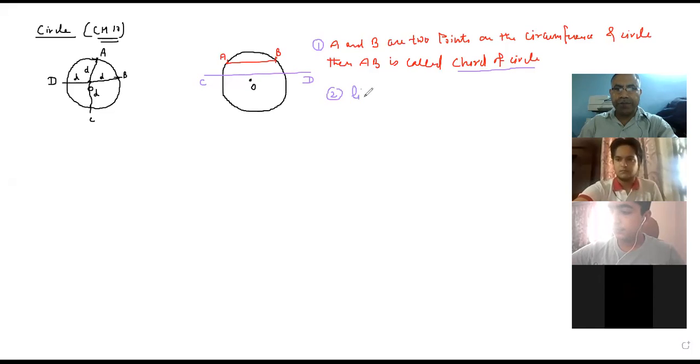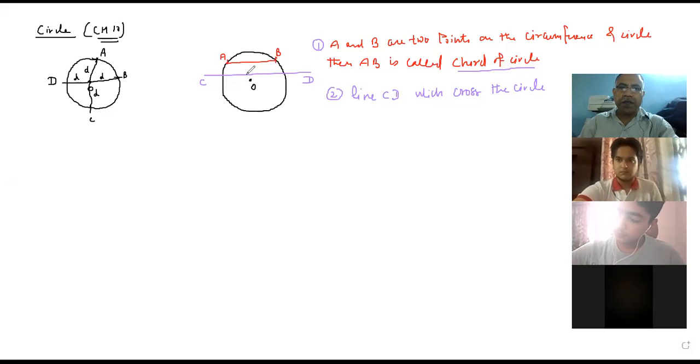So line CD which crosses the circle, line CD which crosses the circle is called a secant. Third,